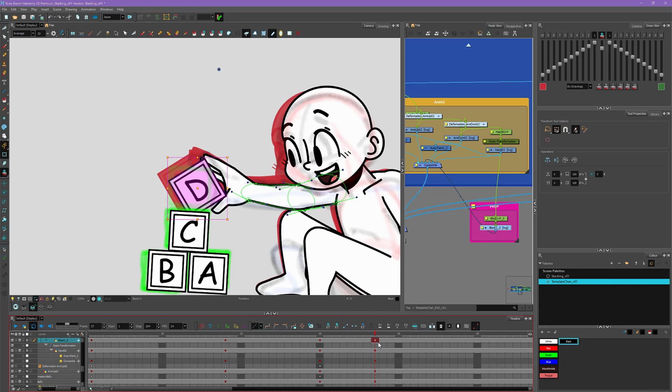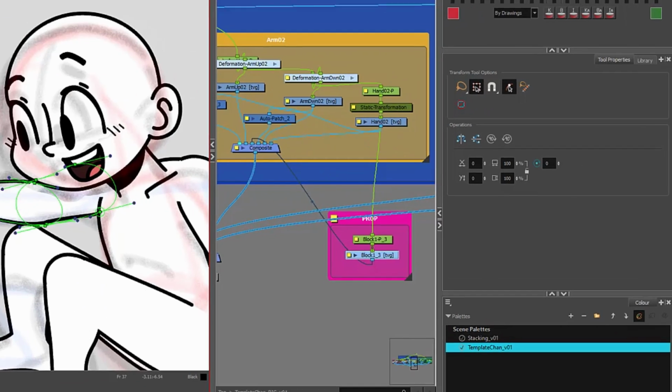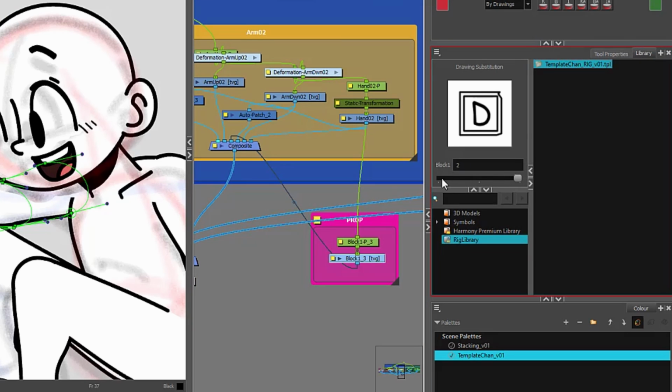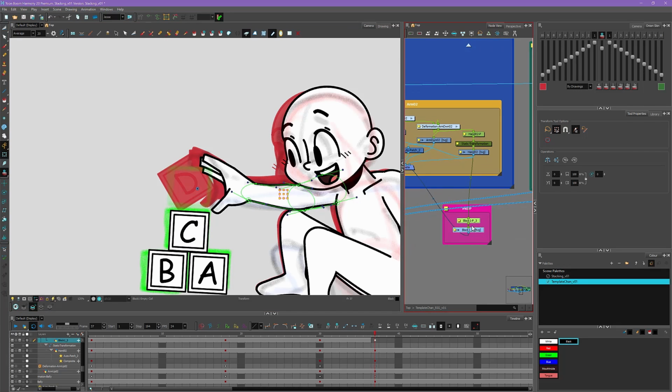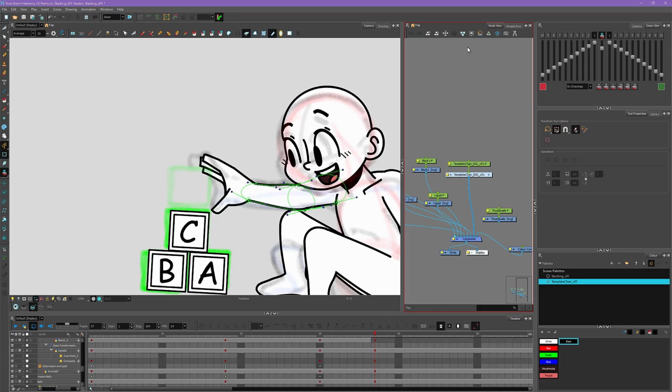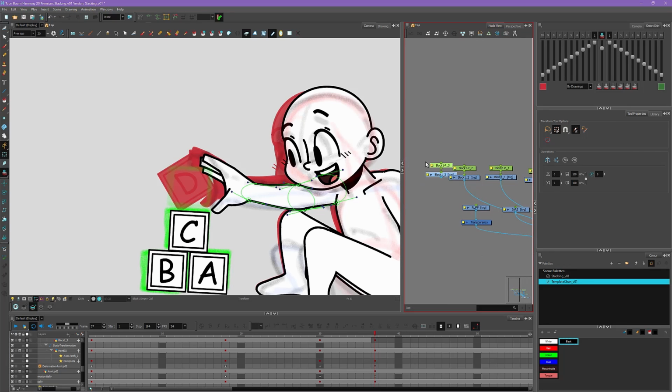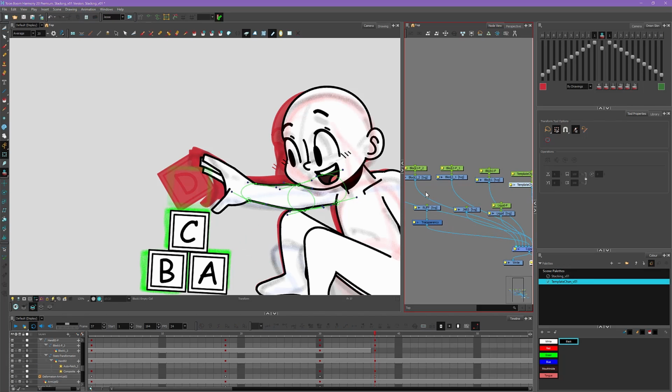Another way we could do that is with the library view. The library view is just a more visual way to see what frame you're selecting, so I can just slide this all the way to the left to make a blank frame or no drawing at all. I prefer to use the brackets just because I find that easier. And now that the block is gone, let's have it appear on top of this other block. So we'll take this prop block right here, press Ctrl Shift D to duplicate it, and press Ctrl X to cut it, move up to where our other blocks are, press Ctrl V to paste it, and then attach this onto our composite just like this.